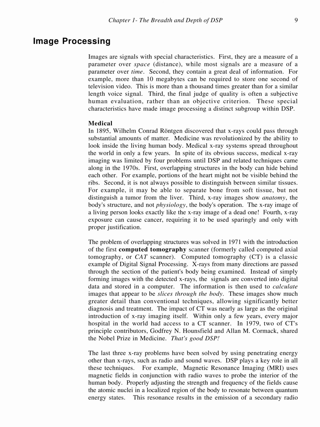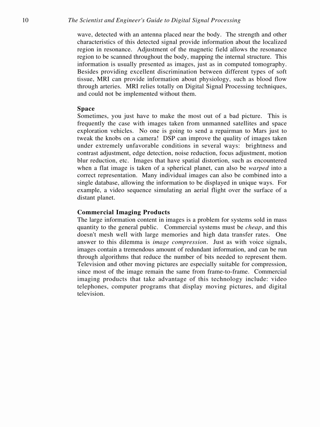This resonance results in the emission of a secondary radio wave. The Scientist and Engineer's Guide to Digital Signal Processing explains how signals, like waves, can be detected using an antenna near the body. The characteristics of the signal provide insight into the resonating region, which can be mapped throughout the body by adjusting the magnetic field. Similar to computed tomography, MRI presents this internal structural information through images, offering detailed soft tissue discrimination and physiological data like blood flow patterns. MRI heavily relies on digital signal processing techniques for its implementation.